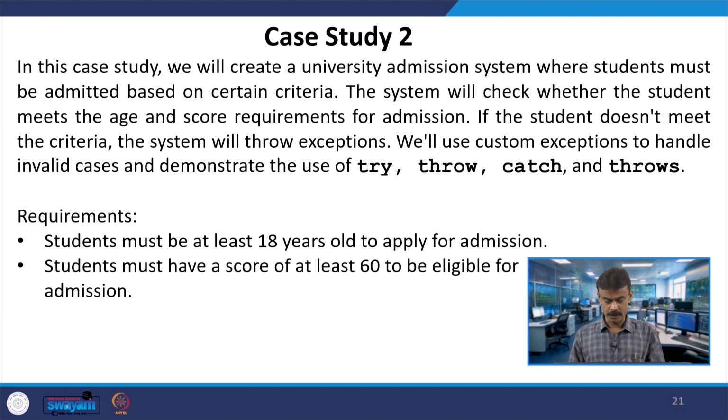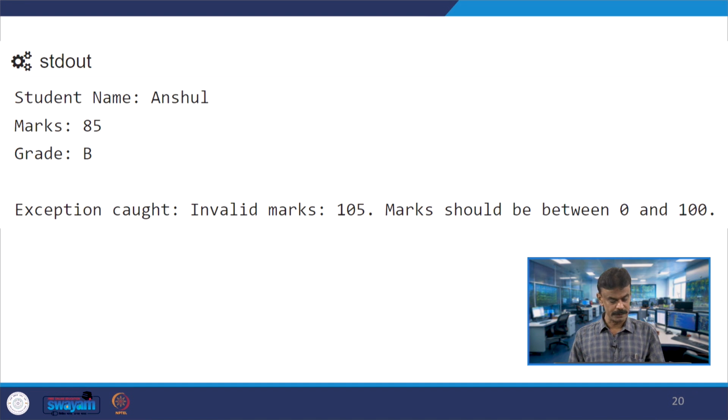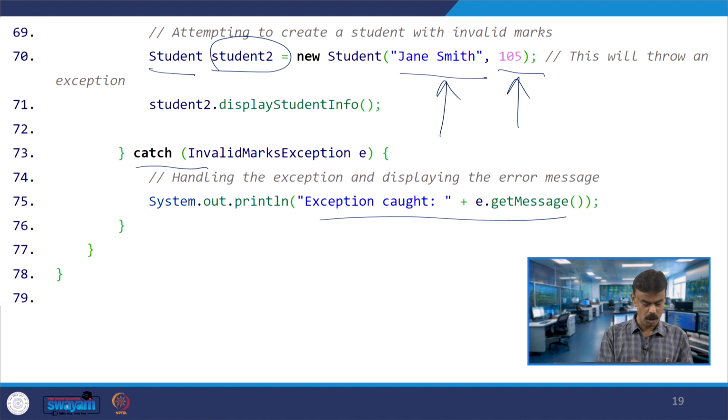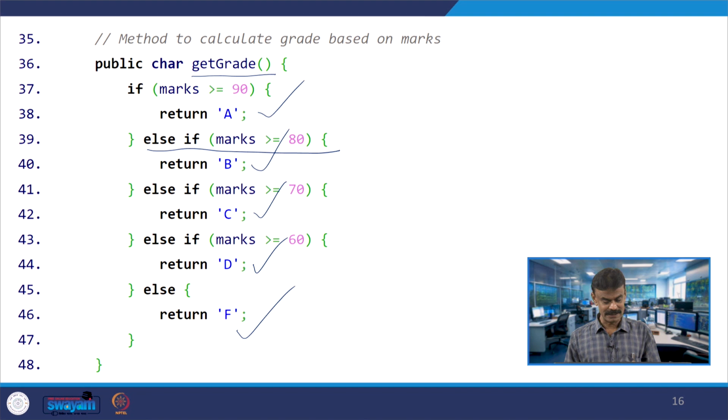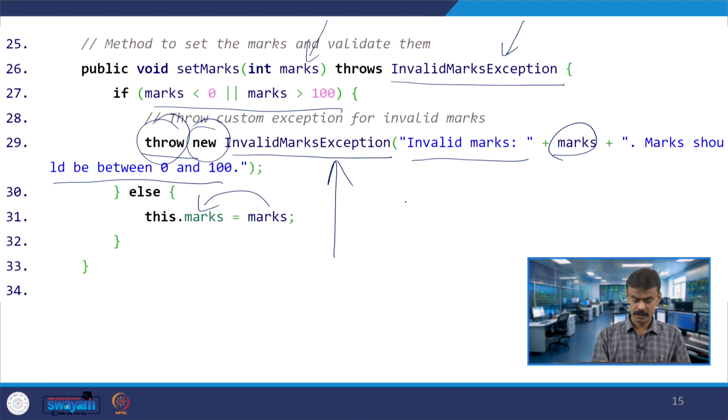Now when you run the code, you will get the output. I talked about exception caught, and the message will be this one: invalid marks. This is what it is throwing.